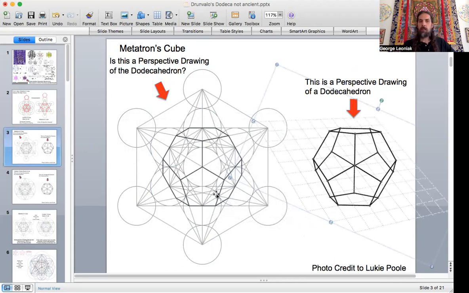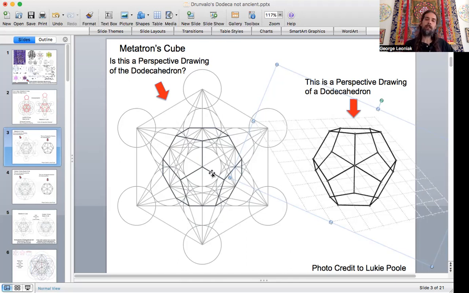So I think what we might just have to come to terms with here is that it's trying to put this in here so it nicely fits as a nice package that we could say Metatron's Cube, being an archangel, giving us all the sacred geometry that his cube would give us. And it's nice to say that it would be these lines to connect, and these are the little cross pieces that the student of Drunvalo back in the 70s or 80s, I'm assuming, pointed out to him. And yes, this is the place where you have to find the correct distance to be able to create the dodecahedron, as I'll show you in a moment, except it doesn't have phi ratio.